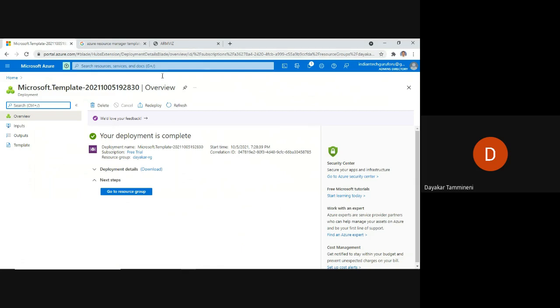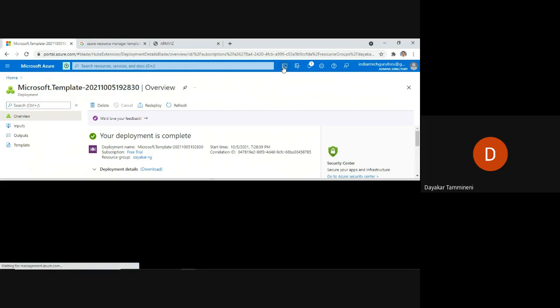Now what I will do is create a new resource group using the bash shell, and then use these two templates, template.json as well as parameter.json, which are available, and try to deploy a new virtual machine using this bash shell.